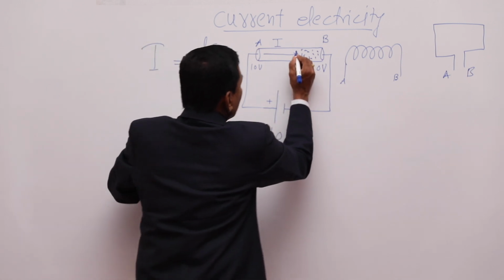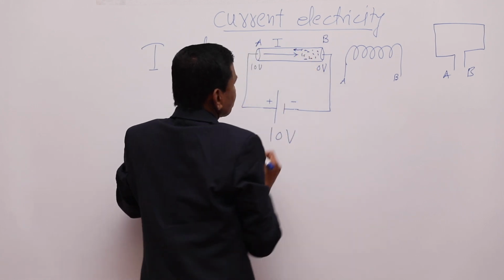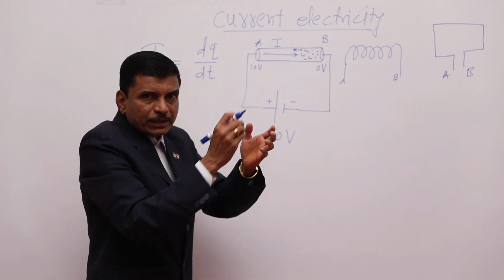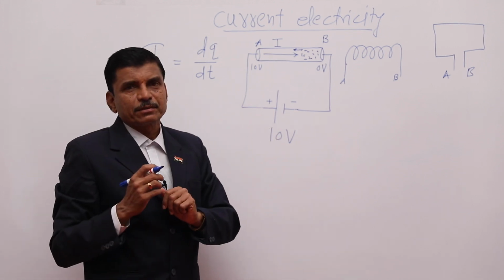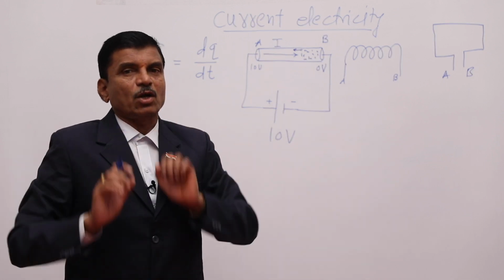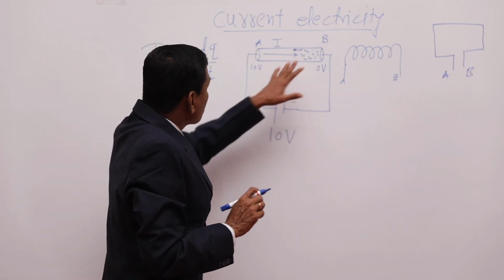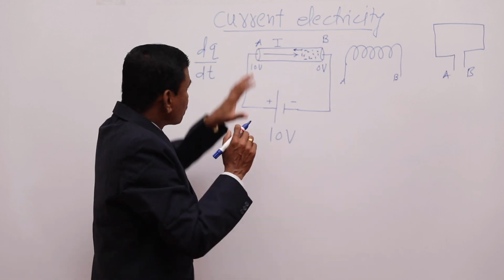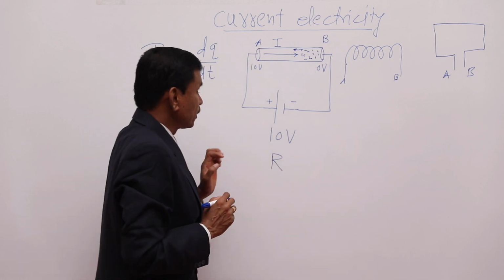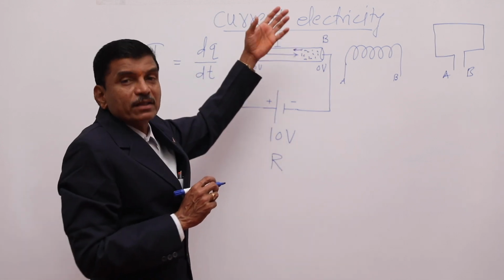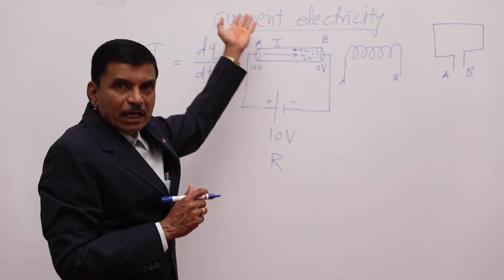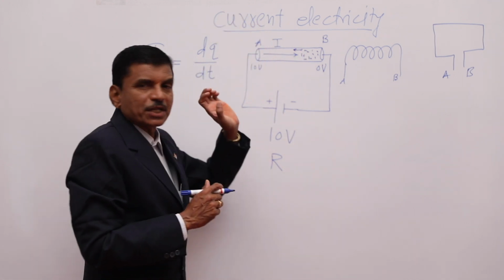So, when electrons are running from lower potential to higher potential, they will collide with other electrons and atoms, and these collisions will oppose the flow of electrons. It will oppose the flow of current, and this quantity for this conductor is called resistance. The number of collisions of that electron while running from lower potential to higher potential is called resistance.